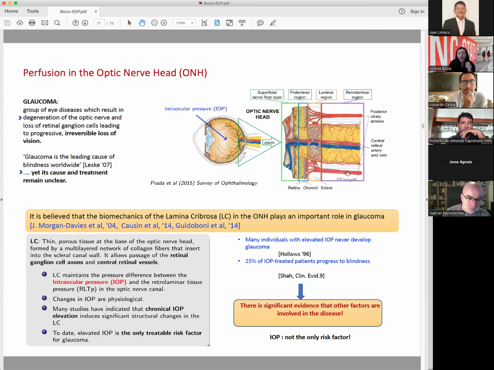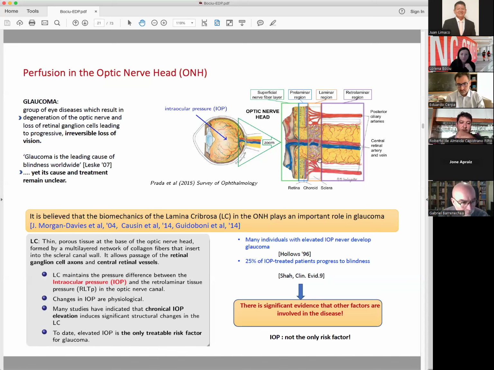Now, I included here a detailed picture of the optic nerve head to explain a little bit what part we were focusing on. For those of you who like biology, it's the retinal ganglion cells that relay the information from the eye to the brain. The retinal ganglion cells go through layers here in the optic nerve head, one of which is this porous deformable tissue at the base of the optic nerve head called the lamina cribrosa, okay? So the retinal ganglion cell axons bundle up and they go through this tissue on their way to